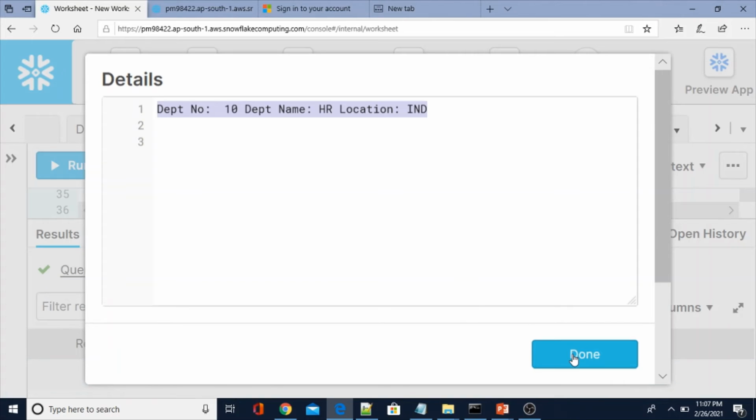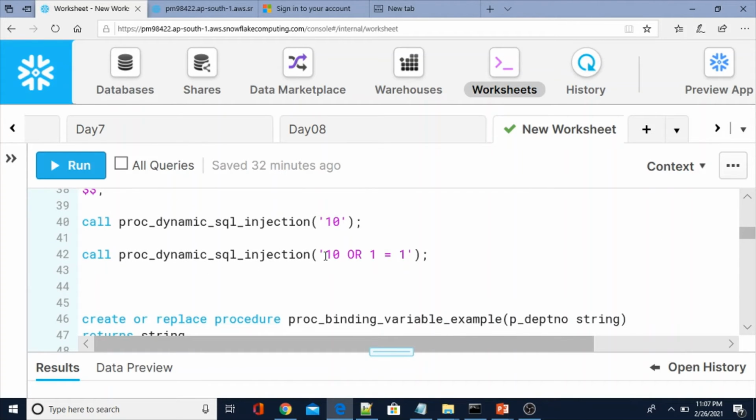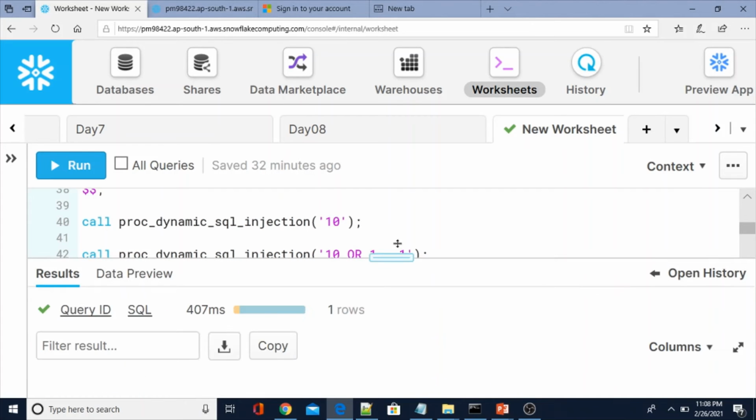It's fine, but however you can pass another variable with the department value 10 or 1 is equal to 1. Now let me see what happens when you pass this value to your SQL statement as part of the dynamic statement.